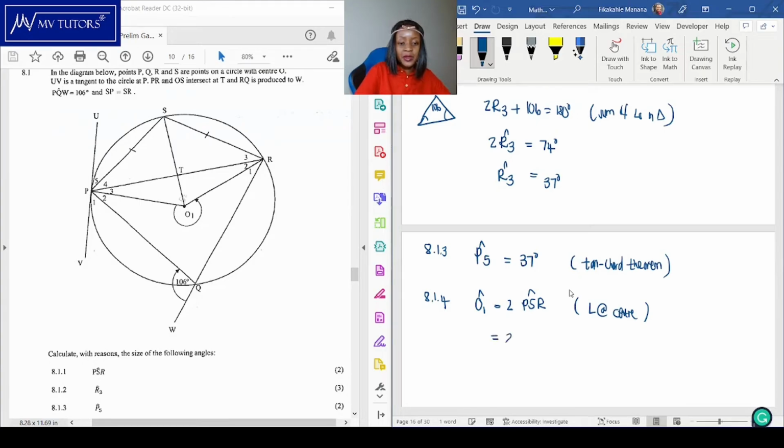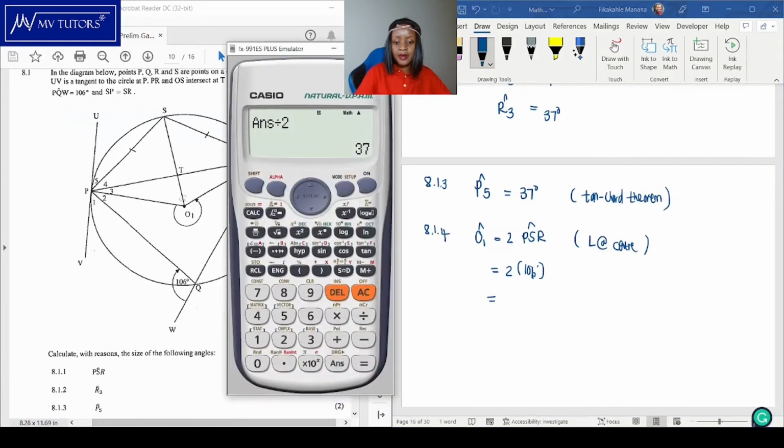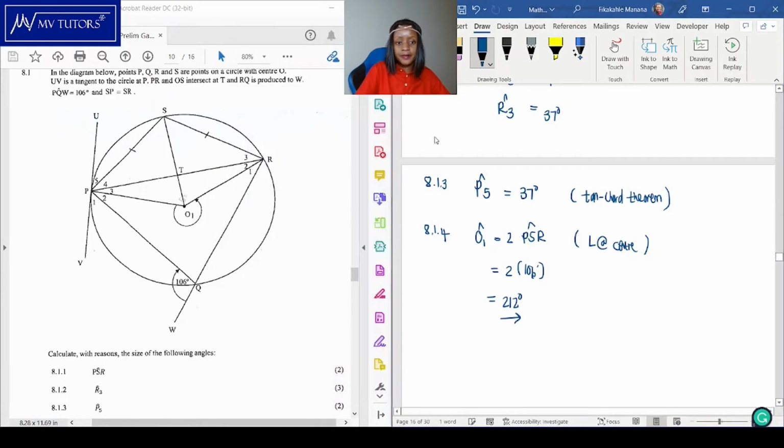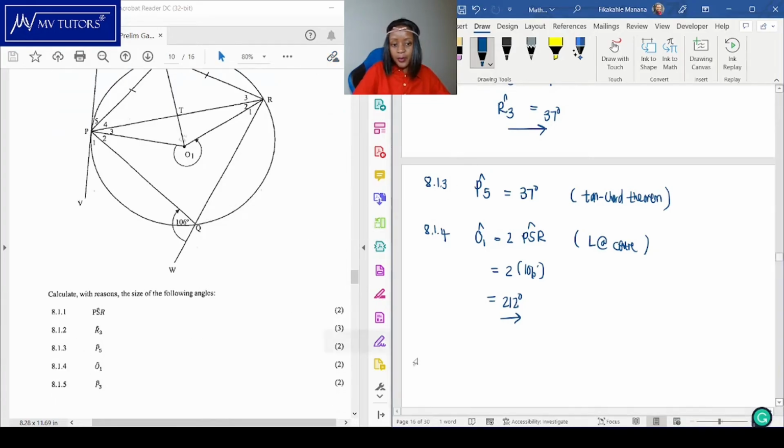Okay, and we know that S was 106, right? So 106 times 2. Okay, 106 times 2 is 212. There we go. And then 8.1.5